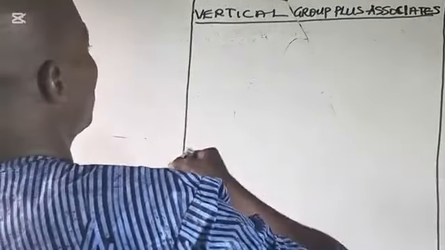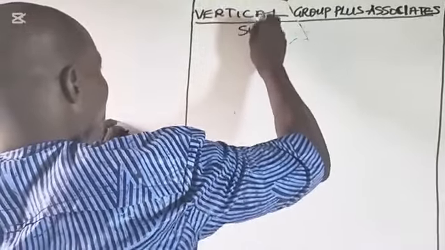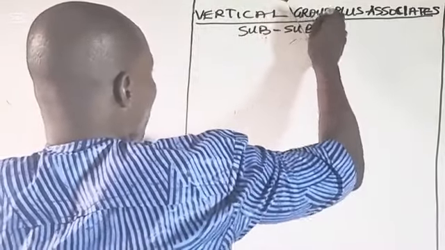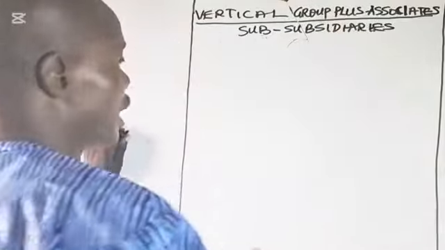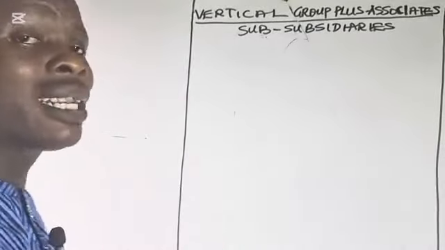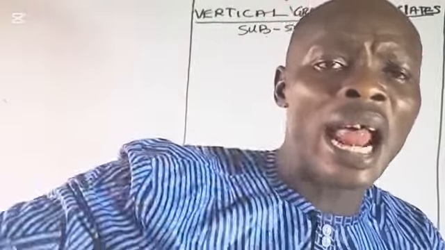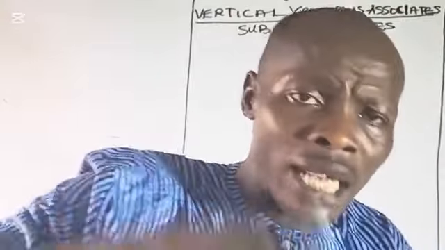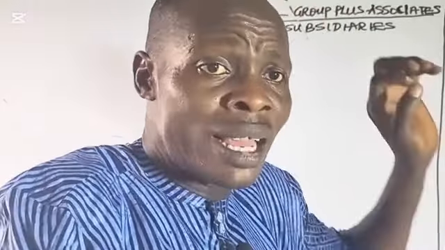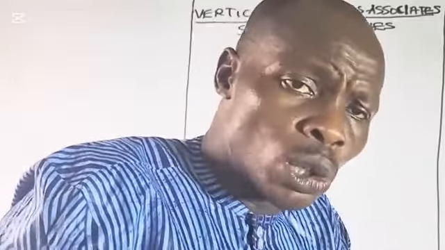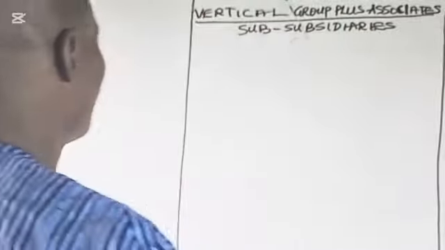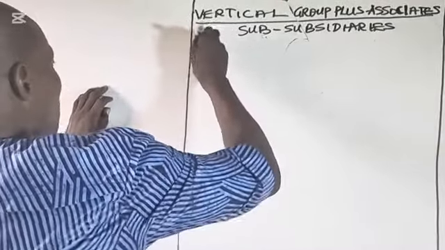Vertical group, sub-subsidiaries. When you say vertical group, we are referring to sub-subsidiaries. A sub-subsidiary is an entity that is controlled by another entity, which is itself a subsidiary of the parent. An entity that is controlled by another entity, which itself is controlled by the parent company. For instance, for example,